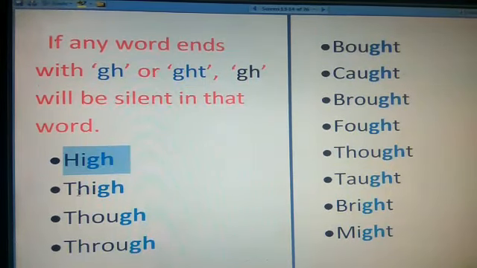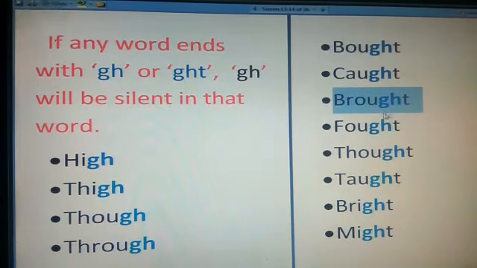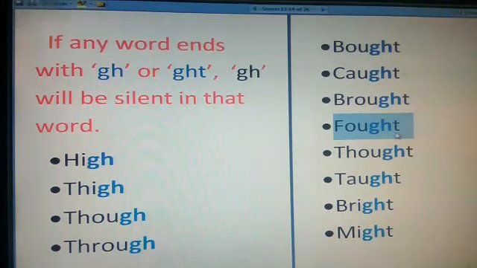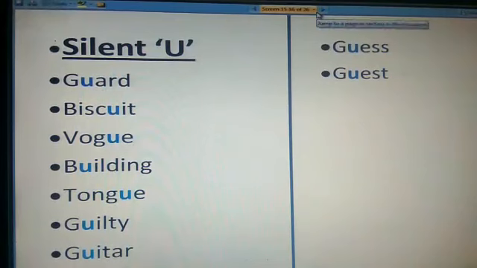High, thigh, though, through, bought, caught, brought, fought, thought, taught, bright, might. Now move on to the next silent letter, that is